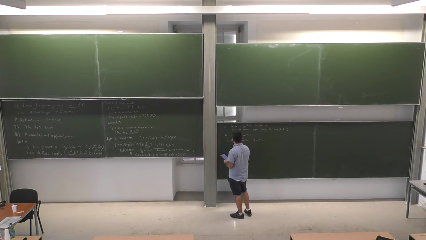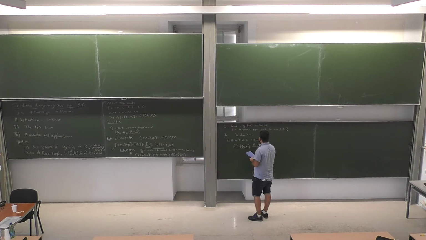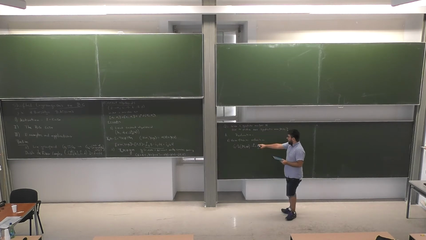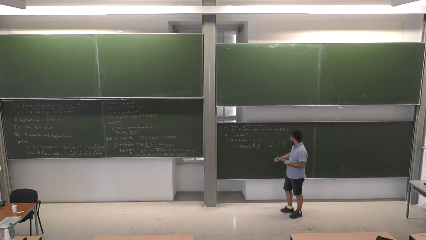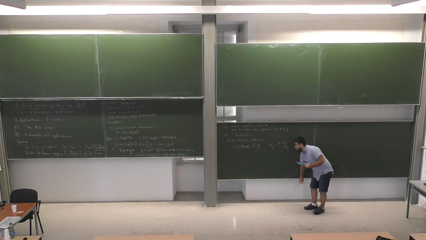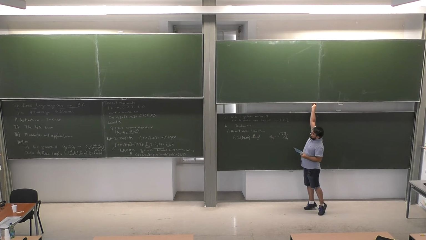So I have a Lie group that acts on my symplectic manifold, and it has a moment map to the dual of the Lie algebra. And then, given that, I can produce a new symplectic manifold that is just the inverse image of some element here, mod out the stabilizer of that element. So